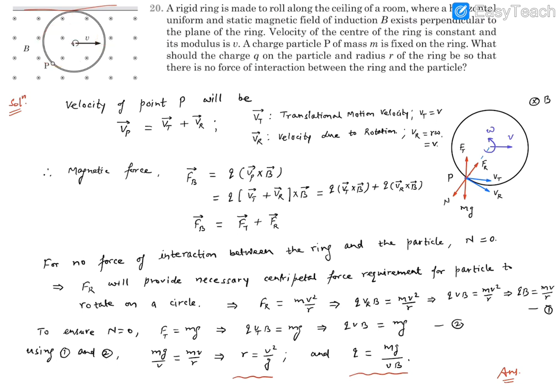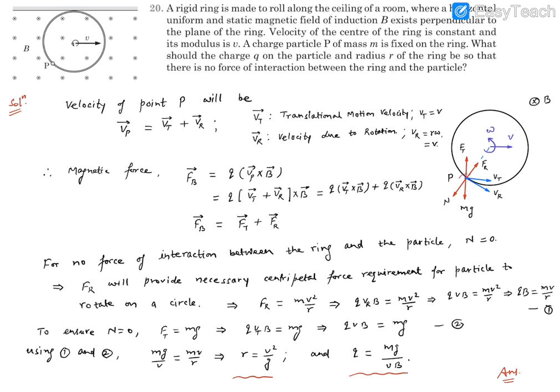Basically, it's rolling. So its angular velocity and velocity are going to be linked together as V is equal to R omega. P is over here. Magnetic field is into the screen as per here. So let's consider this picture. Magnetic field into and this point is P and they are rotating or moving with the velocity V and omega.